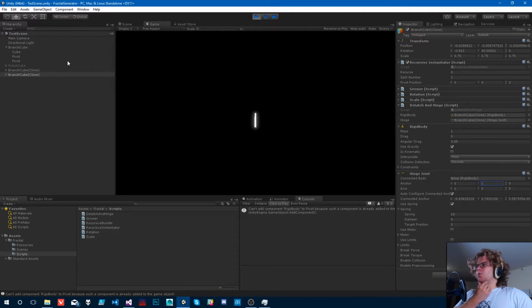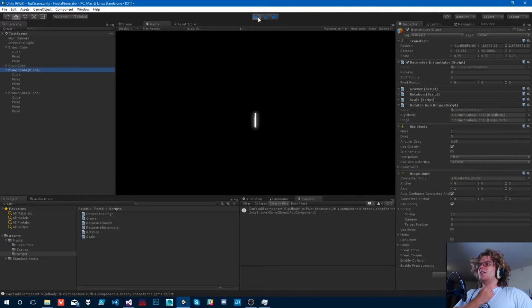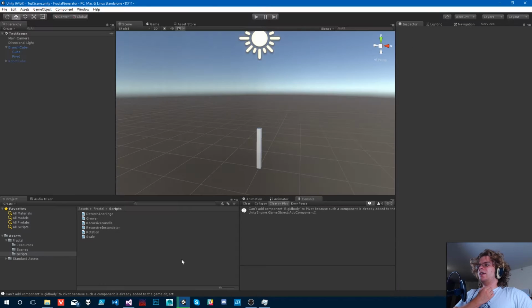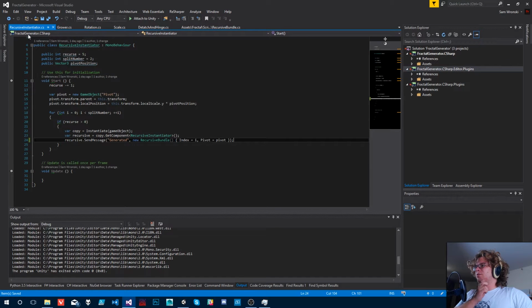Can't add component rigid body because it's already added. Pivots, holy geez, pivots. I can fix this. Okay. How do we fix this? First, before we create a new pivot,